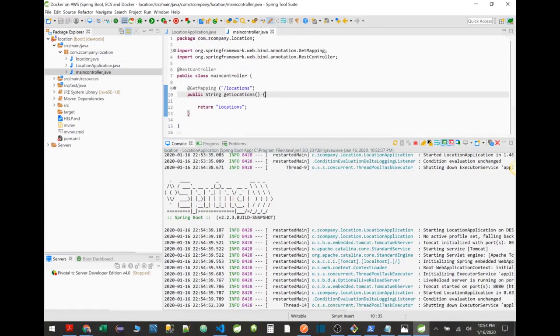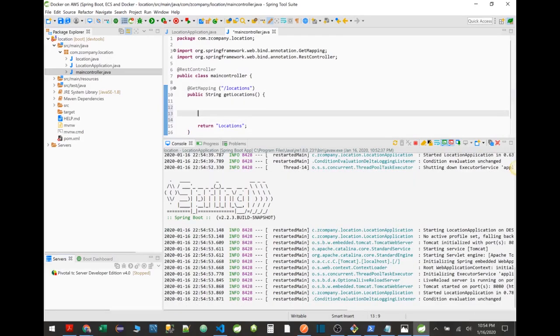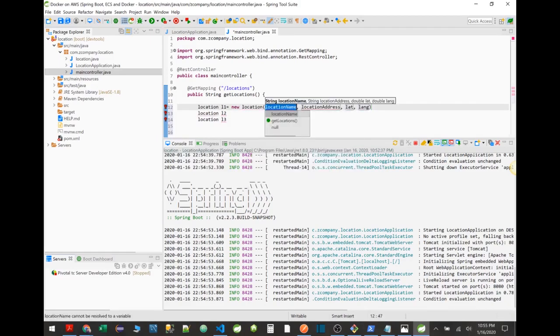So we created a class called Location. Now what we're going to do, we're going to go ahead and create a bunch of locations, right? Here it's going to be Location. I'm going to name it location1, and I'm going to name this location2 and location3. This is going to be new Location, and the constructor will be called new Location, and it's going to be the location name. I'm going to name this location 900. The location address is going to be 123 Main Street, and lat and lang is going to be,